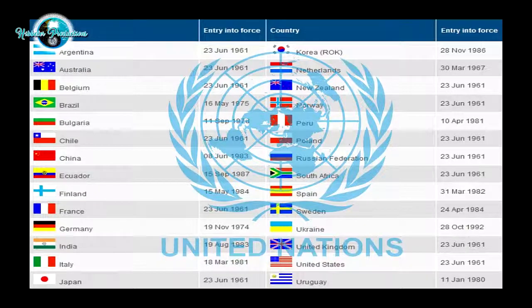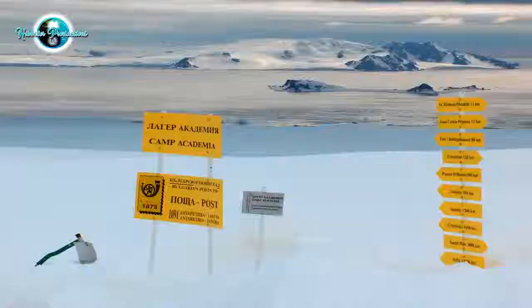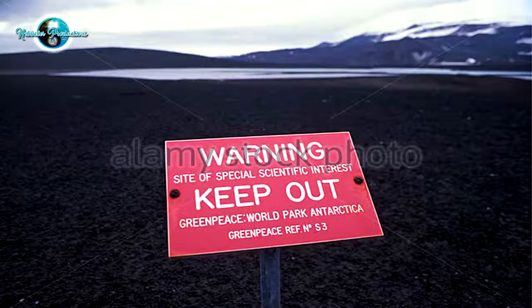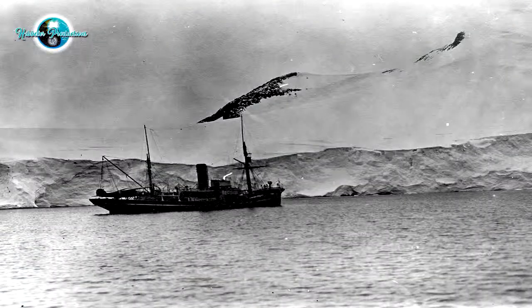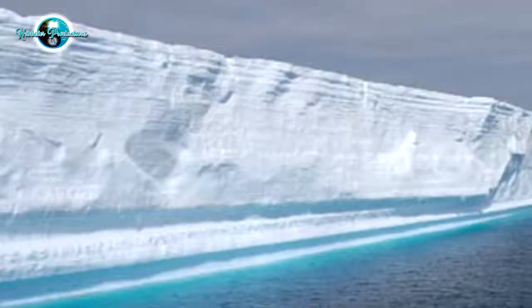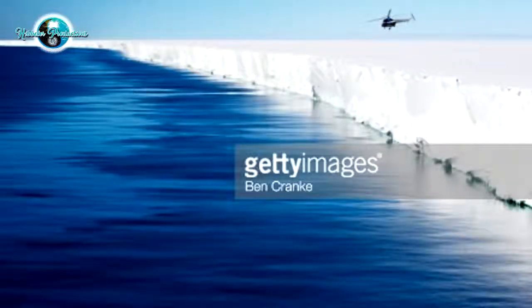What treaty is there that everybody's agreed on? We're being kept away from it for a reason. They have some scientific bases there, and literally it's controlled by the military because they don't want you finding out what's beyond. During 3 voyages lasting 3 years and 8 days, Captain Cook and crew sailed a total of 60,000 miles along the Antarctic coastline, never once finding an inlet or path through or beyond the massive glacial wall.